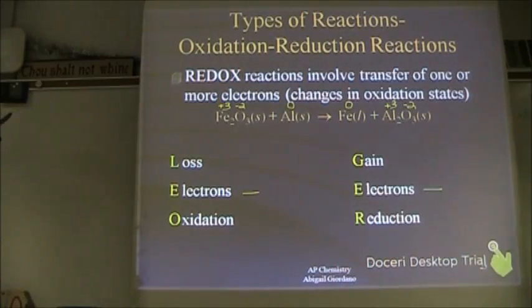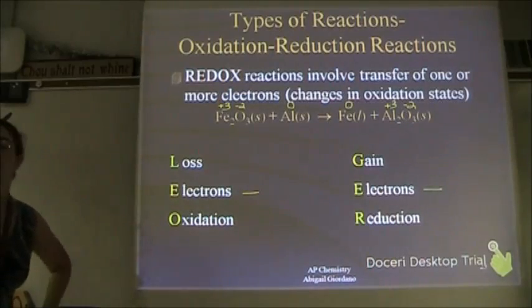What's happening to iron? It's gaining electrons, so iron is the element that is being reduced. What's happening to oxygen? It stays the same, nothing. And aluminum, which goes from 0 to plus 3, has lost electrons, so it must be the thing that